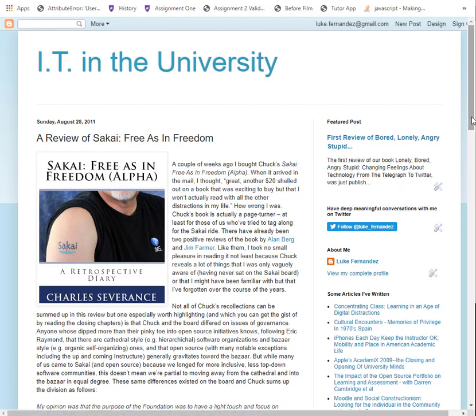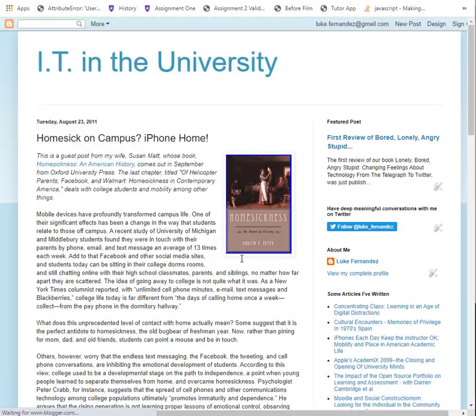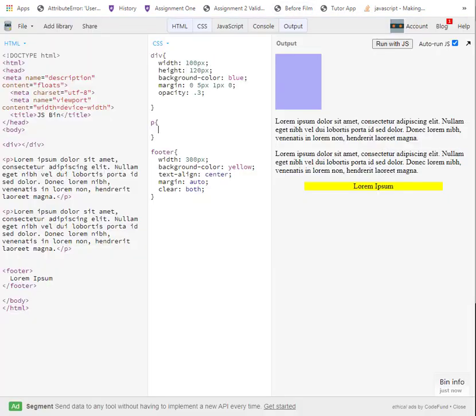But we could also do a similar thing in this post here. We floated an image to the right and wrapped text around it to the left. So let's see how we do that in CSS. We haven't actually talked about images yet, so instead of using an image, I'm just using a